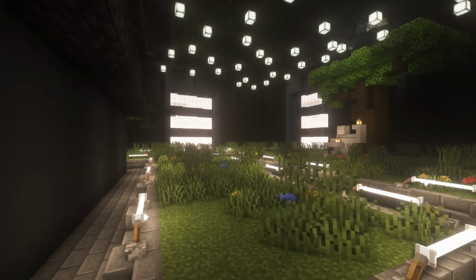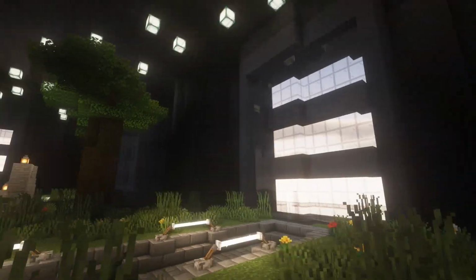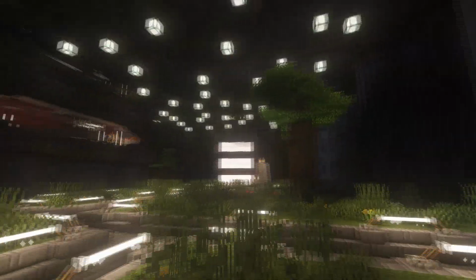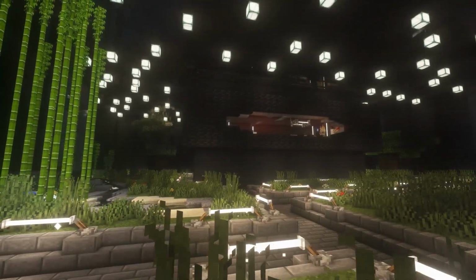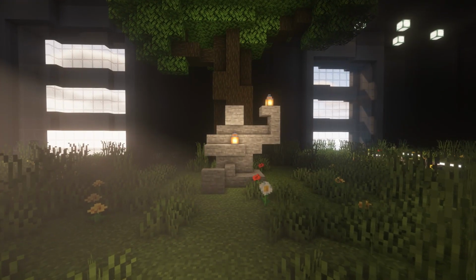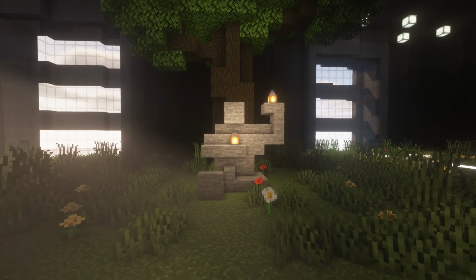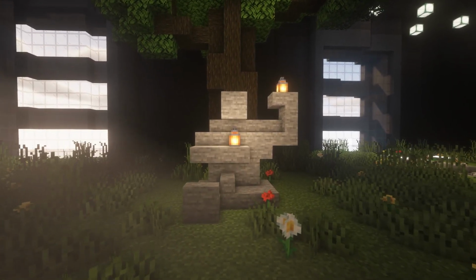Since we are already on the top floor here, I did build a garden, and in the middle of that garden is the regional manager's office. If you live in a dystopian city with almost no green, a calming garden is literally one of the biggest ways to show off. I'm actually proud of this little statue I built here because I always find it hard to build nice looking statues in small scale.